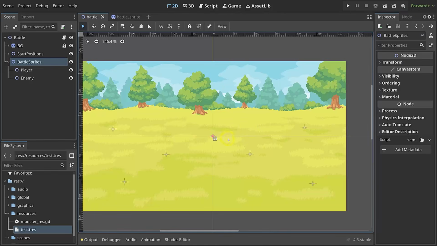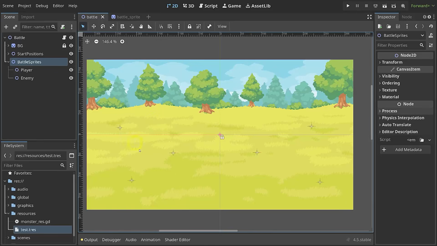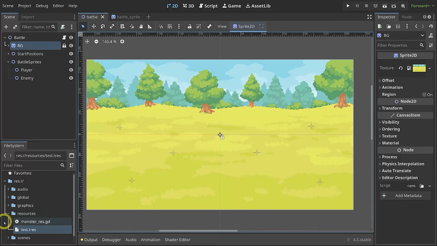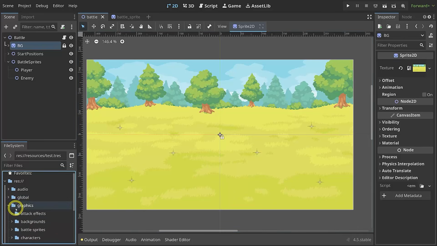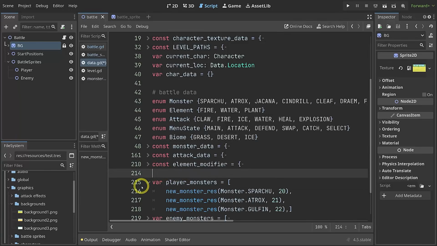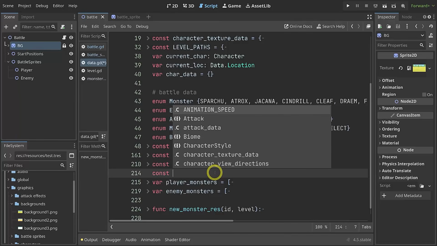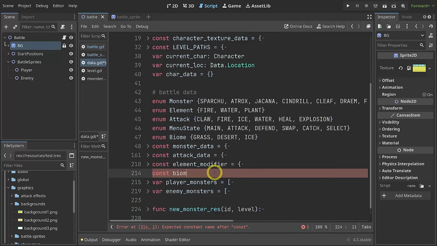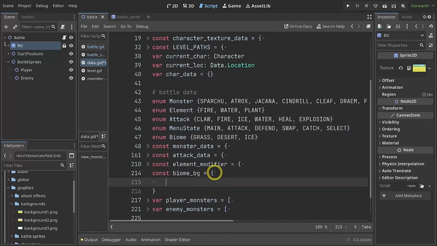Back inside of Godot. First of all, I want to have different backgrounds. At the moment, we always have the same BG for the grass. However, inside of graphics and backgrounds, I want to control what kind of background we are getting. For that, inside of data, we do have a biome enum that we want to use. And I think the most efficient way of doing that is to create another const dictionary. I call this one the biome BG,